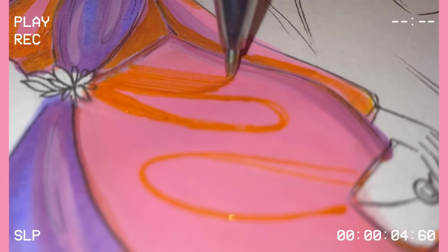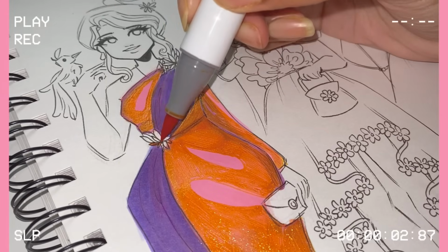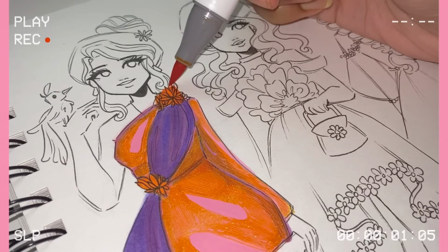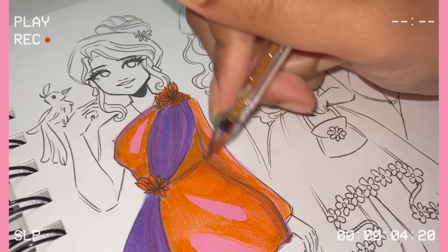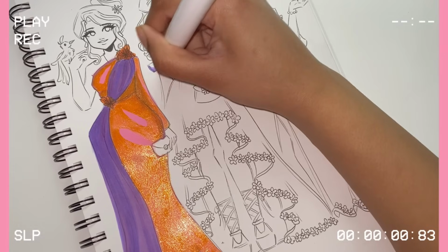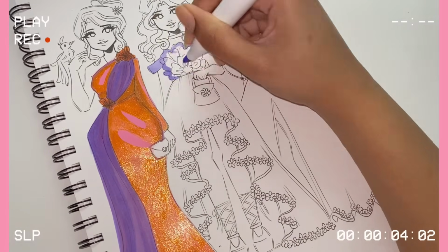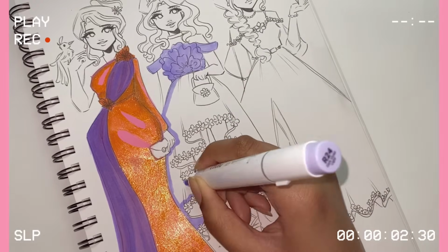So then I tried something a little bit crazy. Since we are going for a full glam look, I decided to grab my glitter gel pens and layer on top to see if I could make the dress look a bit better and more detailed. But the problem here is that it still made the dress look orange, and the orange just is not working with the purple veil. So I decided to take a quick break right there on the spot